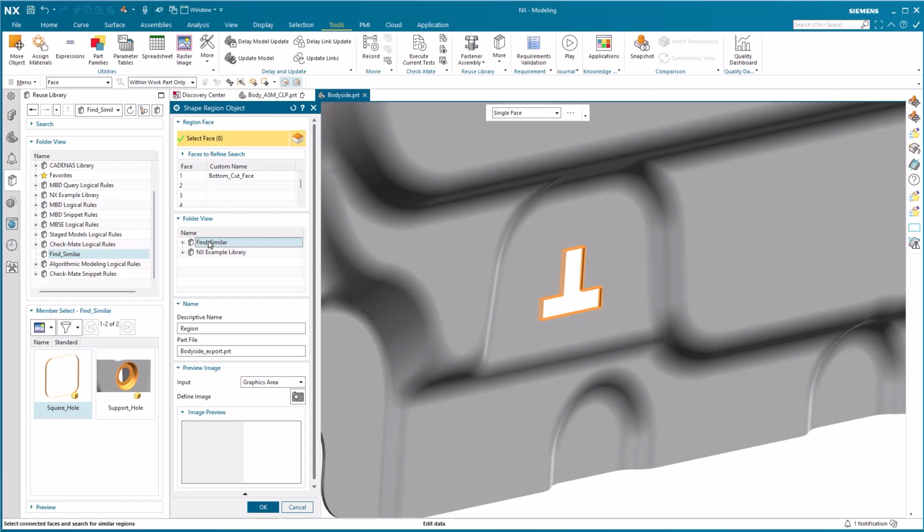Continue by specifying where the specific shape region just defined is to be stored. Here I select the Find Similar folder as I know I have write access here. I'll logically name the shape region, here T cutout.